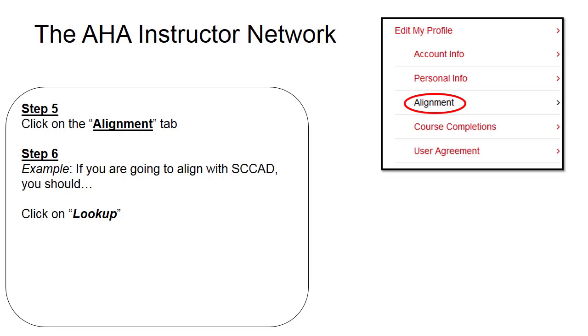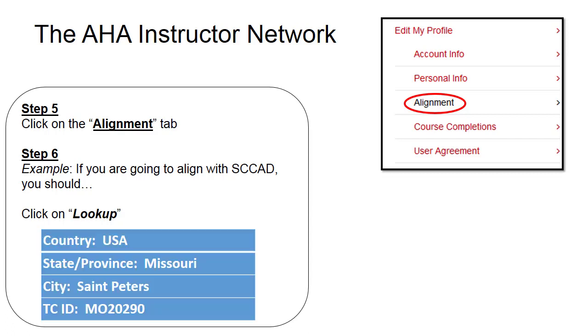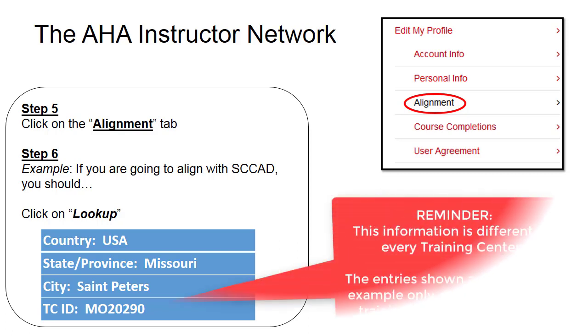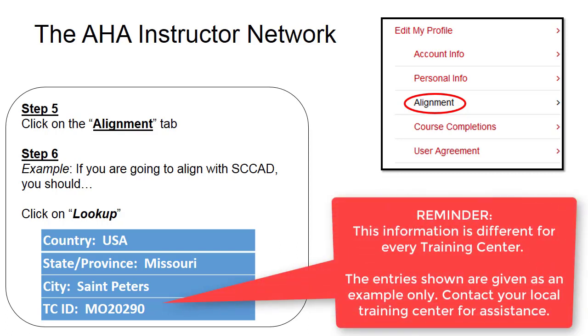Now in this example, we're going to use St. Charles County Ambulance District as the training center we're seeking alignment with. You'll click on the button that says Look Up, then fill in all of the information there relevant to that particular training center. In this case, it's the United States, in the state of Missouri, the city is St. Peters, and the training center ID number for St. Charles County Ambulance is MO20290. But if you're aligning with a different training center, obviously you are going to need that training center's information,